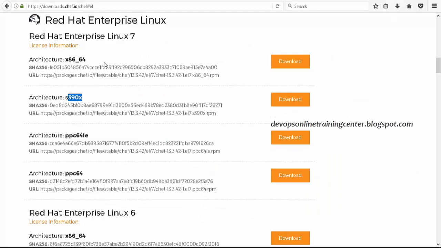So let me go to this and download some package, right? How do I download the package? Just click on the download link, or there is also a URL which can be used directly to download the package. How do we use it?